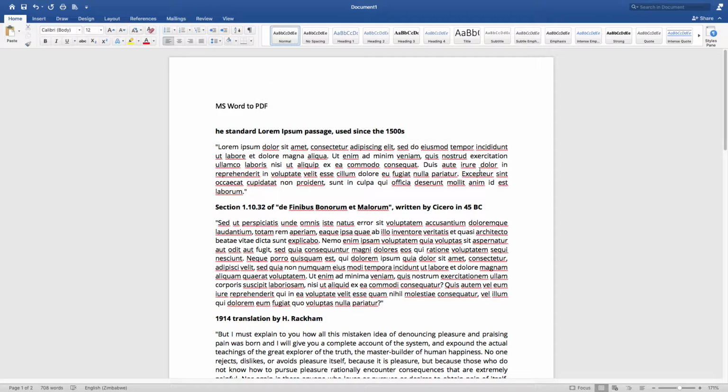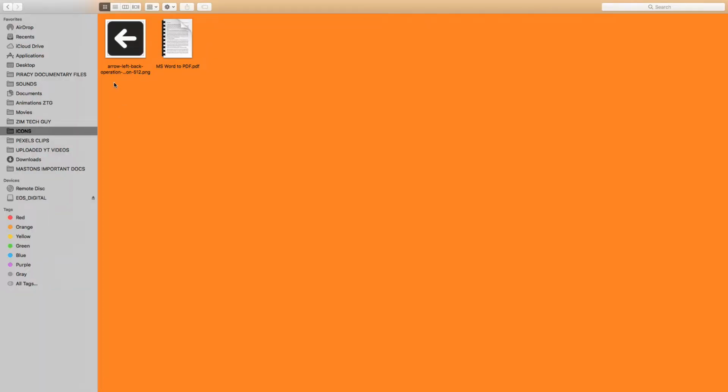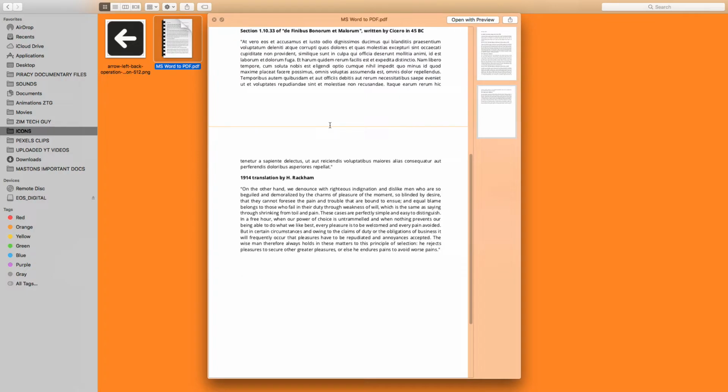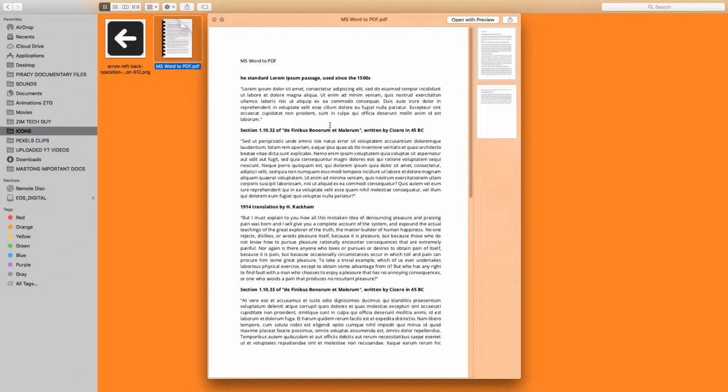So the document is being converted right now. All right, now if I go to where I saved this document, as you can see, it's already in PDF. Let me just click it, highlight it. Yes, it's already in PDF. So that's how you save a Microsoft Word document to